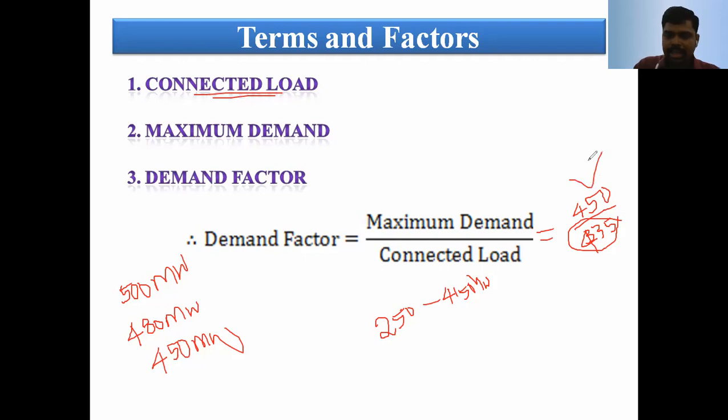Why is the maximum demand higher at the power plant? This is the generating station, either a thermal, hydro, nuclear, gas or diesel power plant. The consumers are far away from the power plants. From the generating station to the consumer premises, the distance is 500 to 1000 kilometers, and in some places 1500 or 2000 kilometers. Once the power is generated in the power plant, we need to send it to the consumer via the transmission line and then the distribution line.